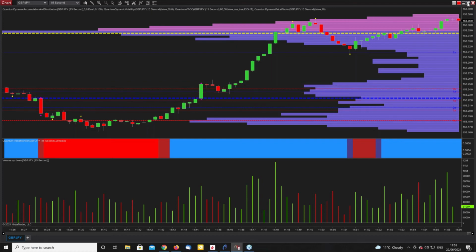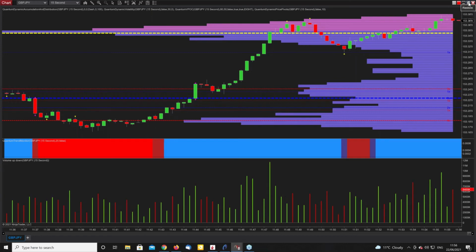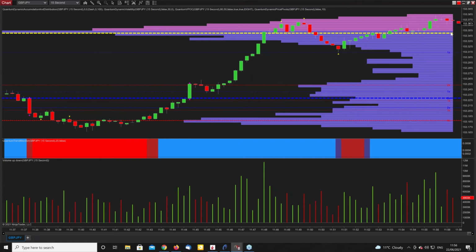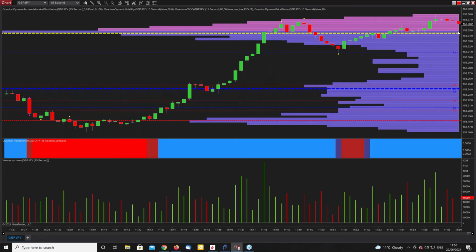Just see where this goes. If we can just break through. Okay, a little bit of support coming in on that candle. Now you've got a little wick to the underside of the candle. So you've got a little bit of support coming into that candle. In other words, not selling. But we're very close to the volume point of control still. Maybe come down and test it again.